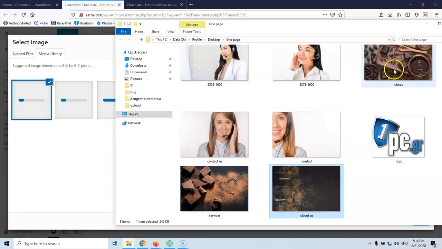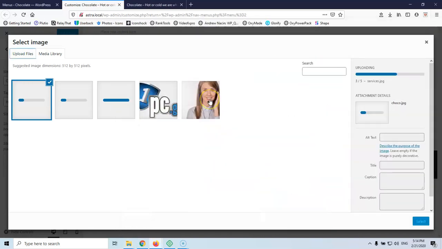So I have already resized the images, which is something that I always do before I upload them to the website, and I have already named the images as the section will be. So this is for the about section, this is the service section, this image will be for the contact, which one I selected, this one, contact us, this is the logo, and this will be for the hero section. Okay, so this is something that I always do. I want to name the images like that, and I don't want to leave the images like